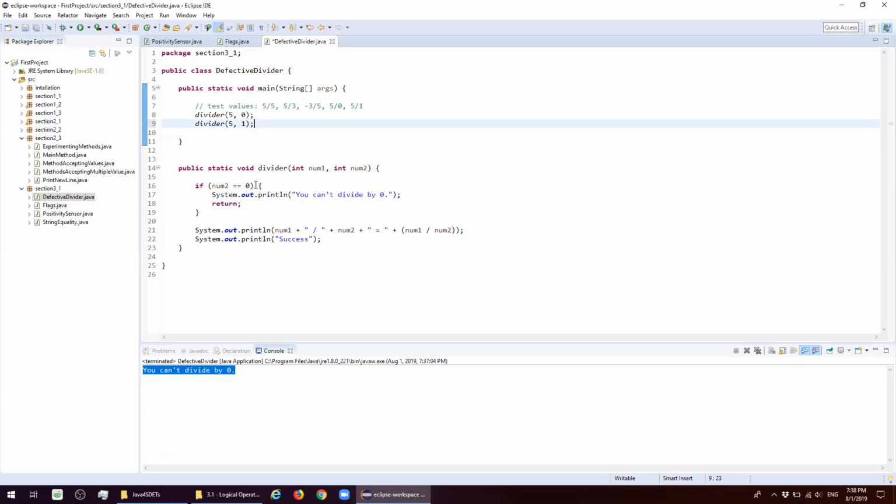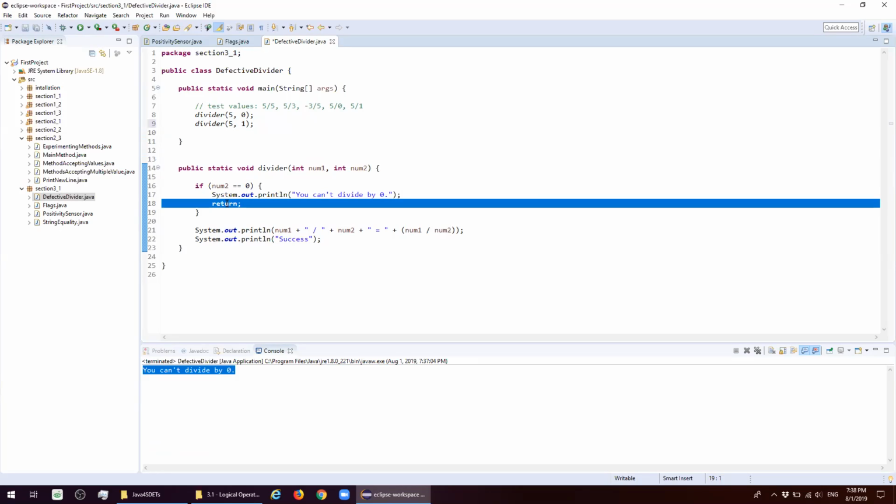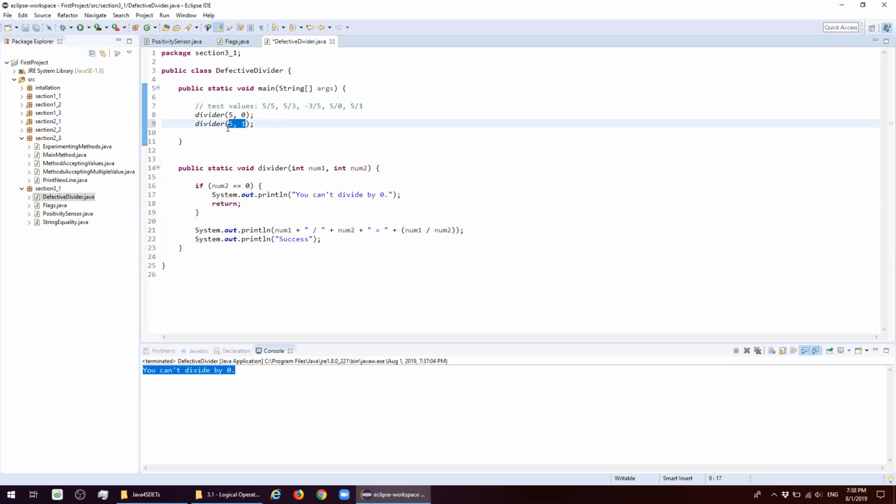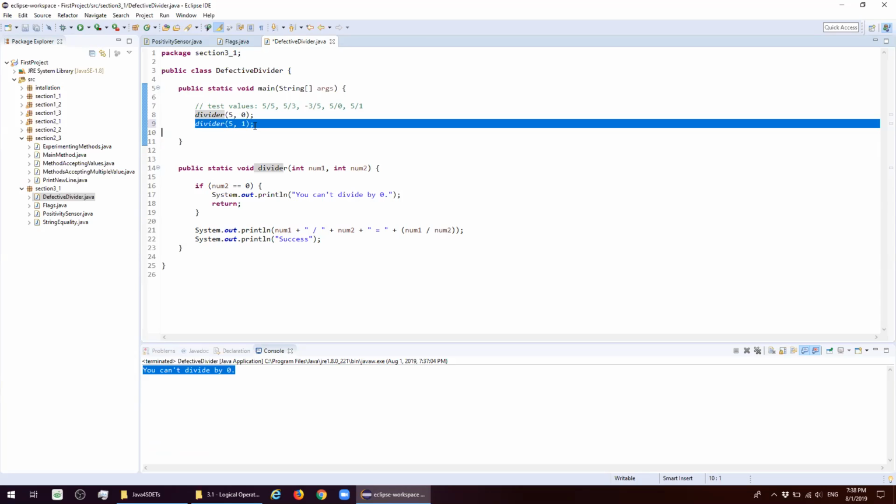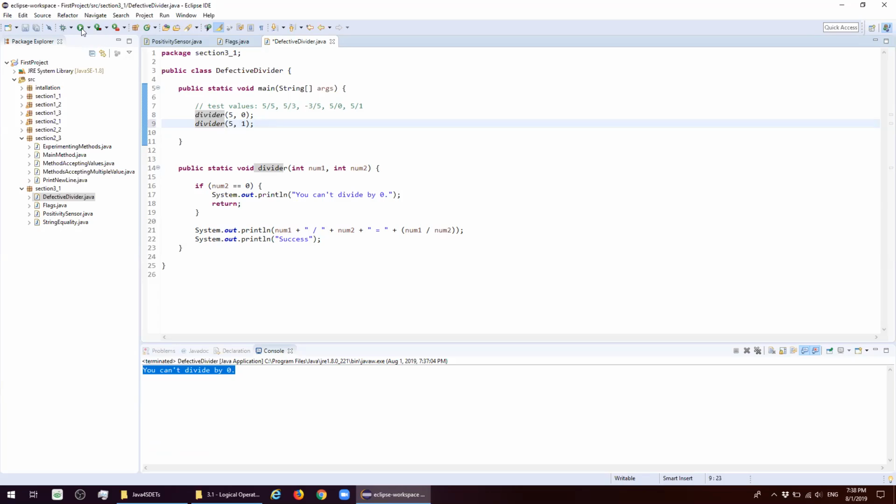If you remember, when we did not have a return statement here, the compiler did not do it. It did not divide 5 by 1, right? Because our program got exploded. But now, when I have a return statement strategically hidden within my if statement, what happened is, the first time I tried to pass 0 as my second parameter,